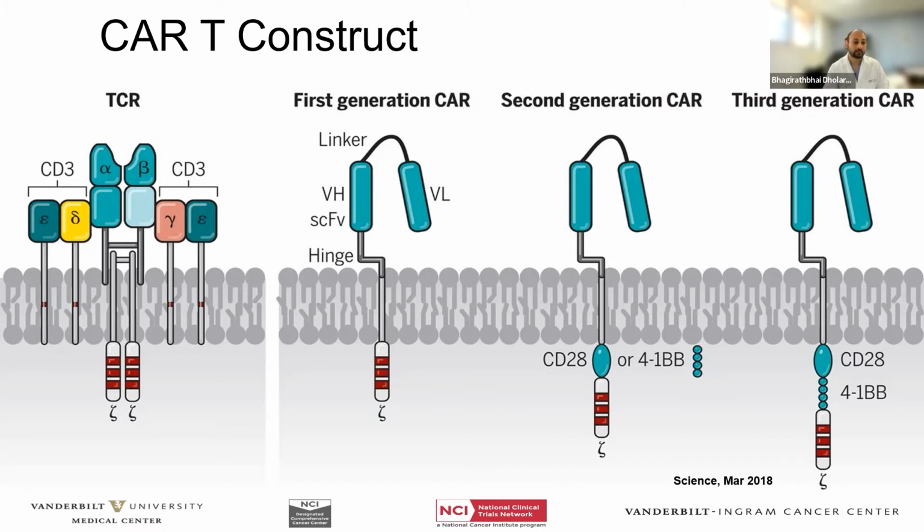So on the left side is a T cell receptor complex, where you have your alpha beta chain with the CD3 molecules, and the CAR T construct, or chimeric antigen receptor construct, is basically a stripped down version of this TCR complex. This DNA sequence is an artificial molecule made in a lab, combining the component of the T cell receptor, which is a transmembrane intracellular component, fused with a scFv from very